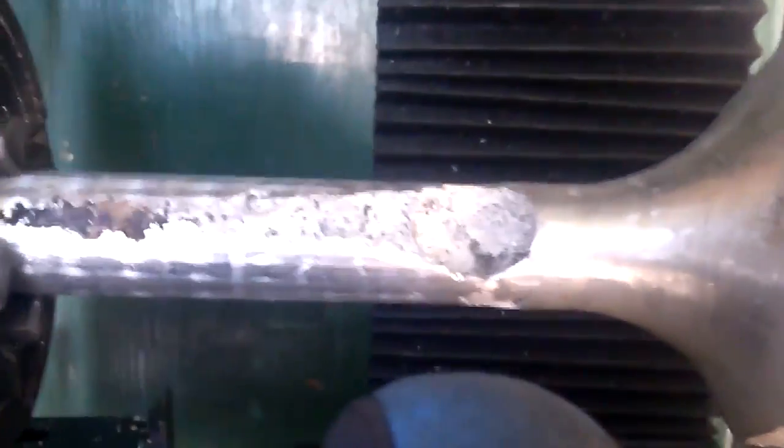Finished that, and I've flipped this around because I'm going to be machining this edge right here now. I sanded it a little bit because there were a couple high spots, and it turned out really well. There's a couple bubbles. You can see one right above my finger there, and this one here is a big one. I'm probably going to have to fill it with JB Weld. I'll file it out a little bit, use a Dremel to clean it up, and then fill it. But we're going to switch back to the GoPro, and I'm going to machine this round,